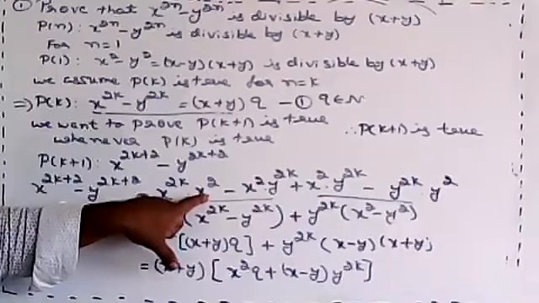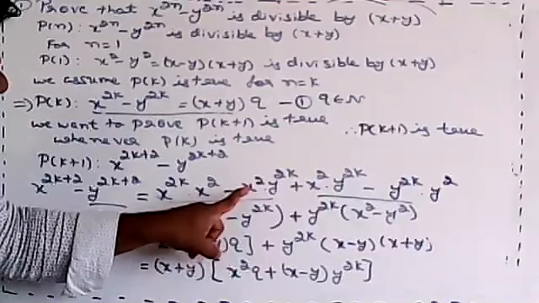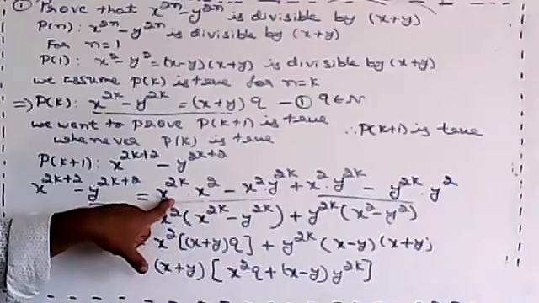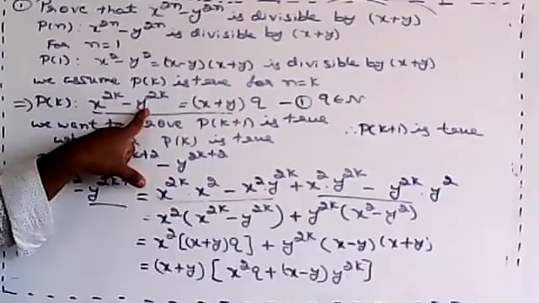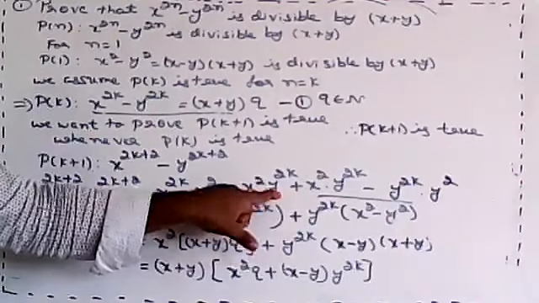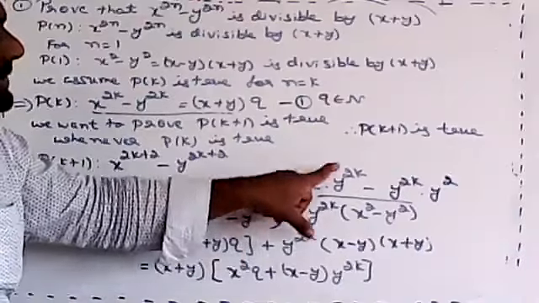Extra term is x square. It means in the next term also I want x square. So I'm writing x square. When I take both x square common, the first term is x to the power of 2k. Then the next term should be what? Y to the power of 2k. So I'm taking here y to the power of 2k. Like this, you have to balance that one. So minus x square y to the power of 2k plus x square y to the power of 2k.